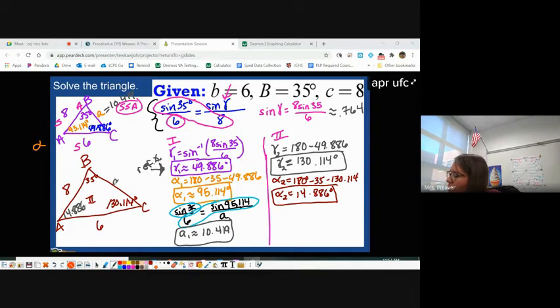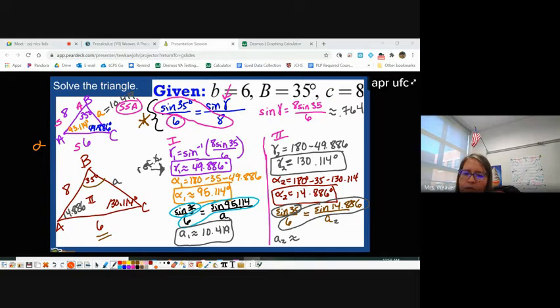And the only side we need is the side opposite of it. We're going to do law of sines again to find that. Starting with our same original starting, sine of 35 is to 6. As now I'm looking for side A, so I need the sine of the angle opposite of it. That's alpha that we just found at 14.886. Then I'm going to cross multiply in the direction that does not have the variable and divide by the other number. That gives me, I'm going to call that A sub 2. So A sub 2 will be approximately,